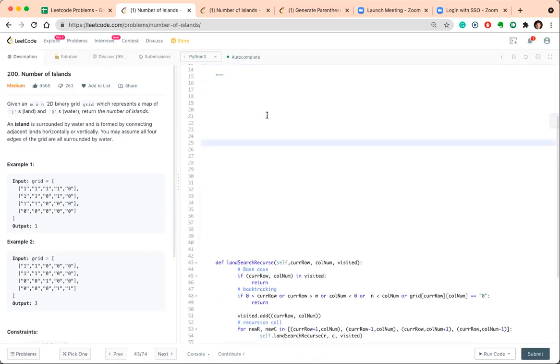So if you have to see the tree-like structure, let's say we are at 0, 0. For 0, 0, there could be 4 cases. My bad, 3 cases: 0, 1, then I guess 1, 0, and -1, comma. For this one, we have only 2 possibilities initially because all the other ones will be out of bound. Okay, so if we talk about -1, 0, then we will invalidate those cases.